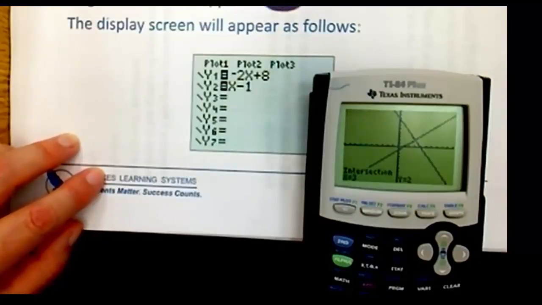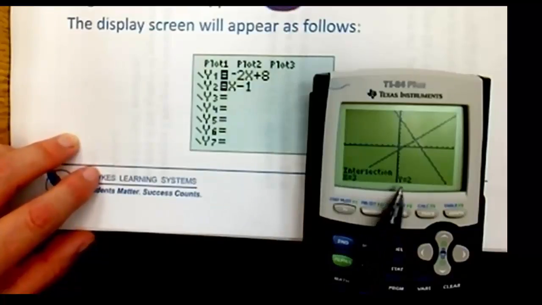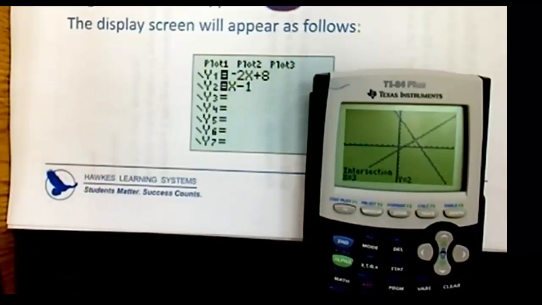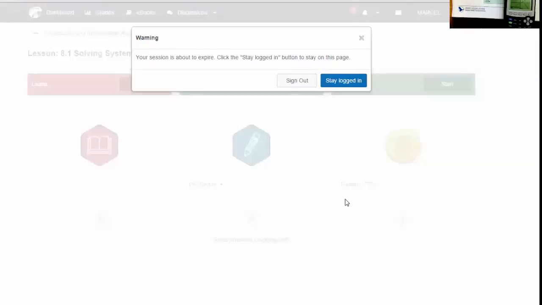So hit it 3 times, and then it will show you at the very bottom what your intersections happen to be. Okay, so now let's go, and I'm hoping I don't screw it up again here, but I want to take you to the actual Hawks stuff that you will have, and the reason I wanted to do that